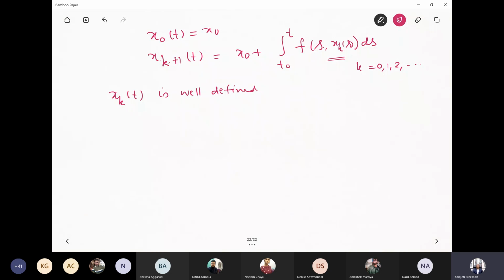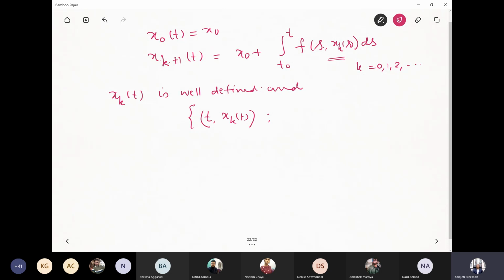If you put x1 back in this, then x2 also becomes continuous, because the composition of continuous functions is continuous. Therefore, what is inside the integral is continuous, and therefore x2 is also continuous. So the well-definedness is easy. And moreover, the set of points (t, x_k(t))